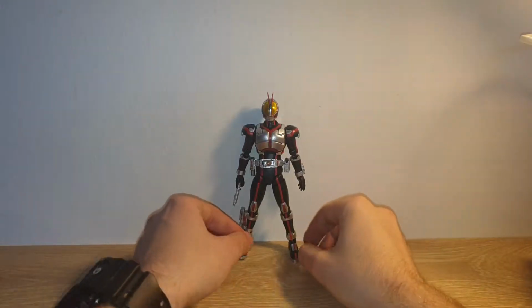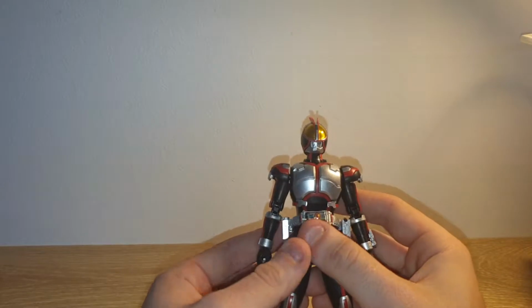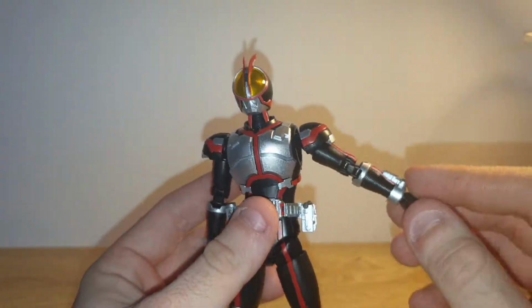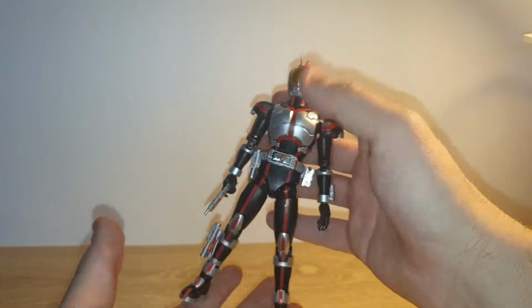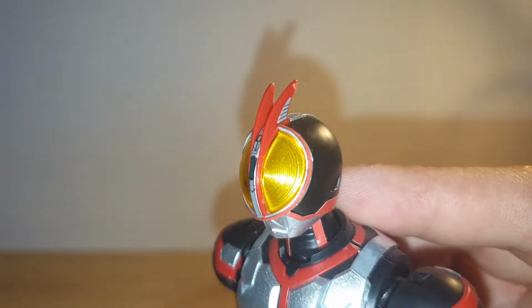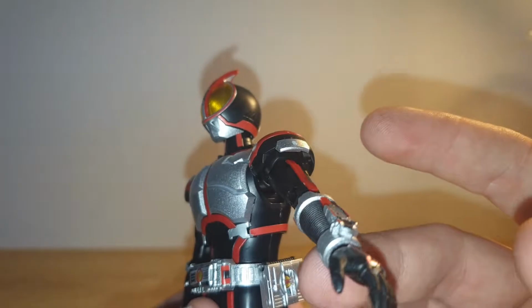Hey guys, what's up? It's time for the Figurized Standard Kamen Rider Faiz model kit review. Here you can see just a nice little figure, about 6 inches. He goes very well with SHF Kamen Rider figures. Very nicely done. As you can see, a lot of detail within each of the individual pieces,